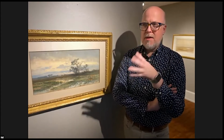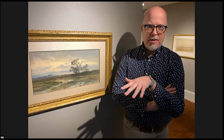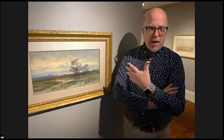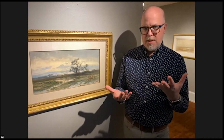There are probably about 65 works on view within this show. We have added 20 of those within the last 10 years, which is really exciting for us. These are difficult works to come by. They can be very expensive. They can be really, really desirous within the market. And so to be able to add that many within the collection of a small institution like ours is, well, it's just really exciting. And I hope that you really take advantage of this opportunity to come and see all